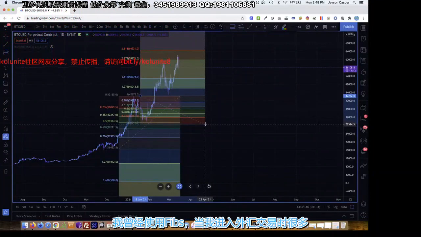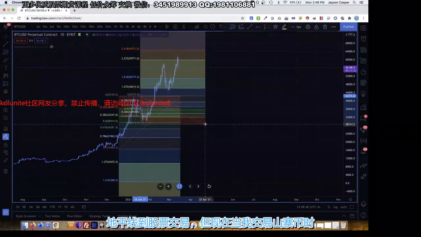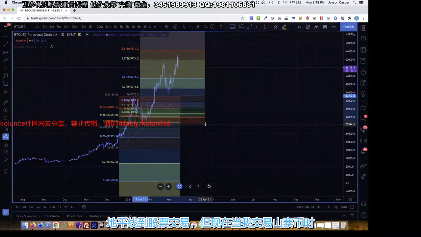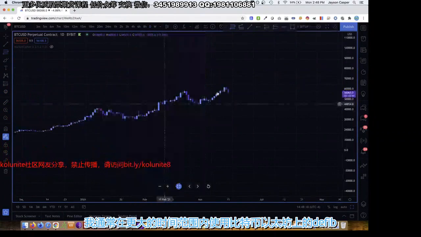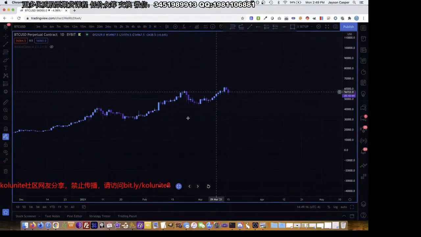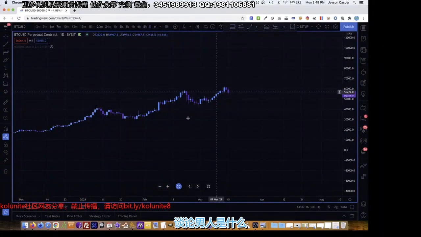I used to use fibs a lot when I was into Forex trading, when I was into stock trading. But now when I'm trading altcoins, I usually don't use the fib. I usually use the fib on Bitcoin and Ethereum on larger time frames. So the last thing I want to talk about, guys, is